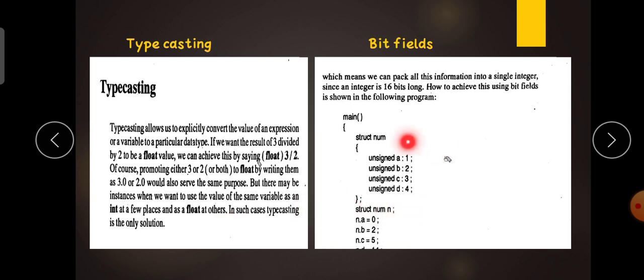And bit fields means it is defined by the colon symbol. For example, I want to check how many students are present in today's class, so I want only 1 byte allocated for a student being either present or absent. If we use integer, 4 bytes are allocated. But I want 1 byte, so it minimizes the storage to the required amount. So we use bit fields using the colon.